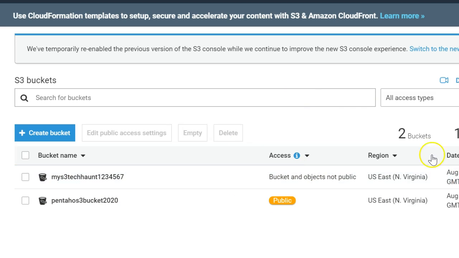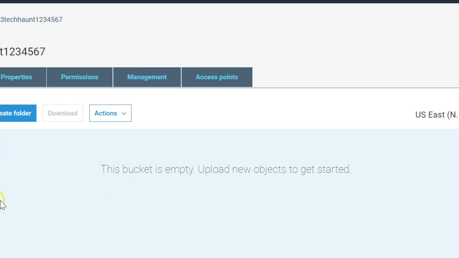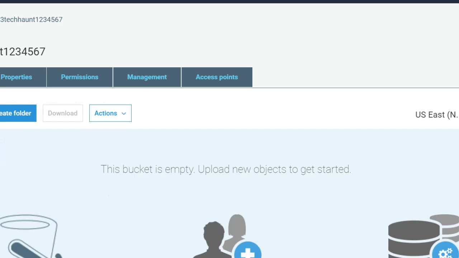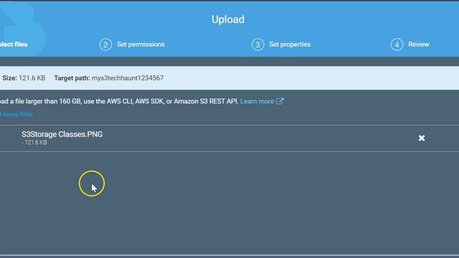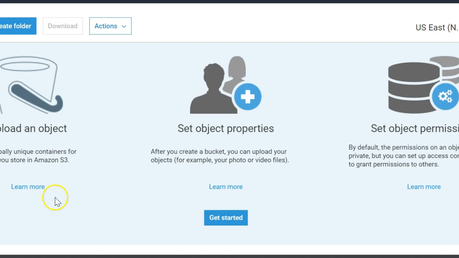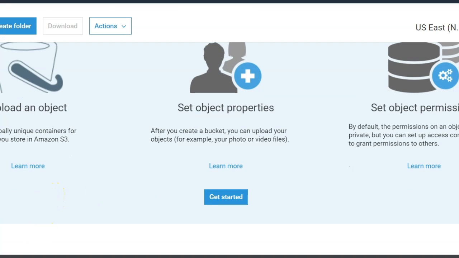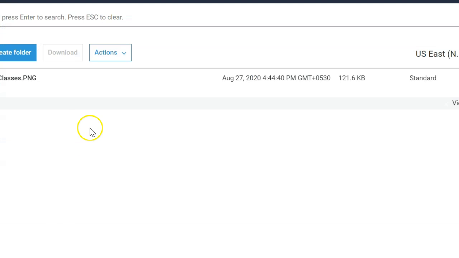All right. So this is the process to create the bucket. Before I show you how to enable versioning, let me first upload one file here. So I'm uploading this file into my S3 bucket. Let's hit the upload button, and you can see it's in progress, 100% successful. Now it's a success, perfect.